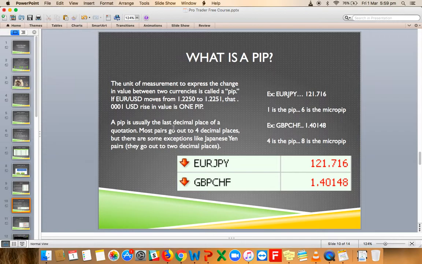A pip is usually the last decimal place of a quotation. Usually, mark the word usually, but not always, because it depends on the platform you're looking at and how they are quoting or displaying the information. Now, let me show you something. For instance, you have here Euro JPY. Euro JPY will be reading